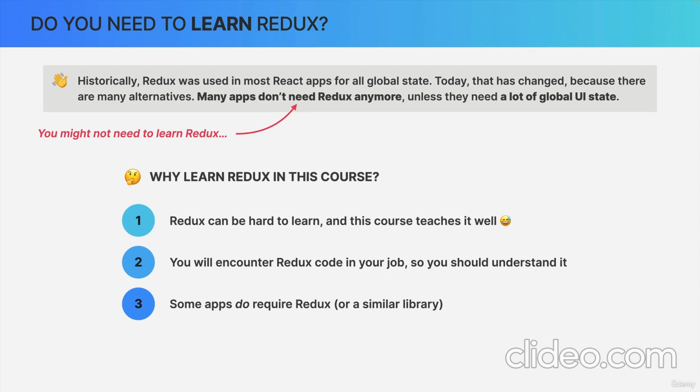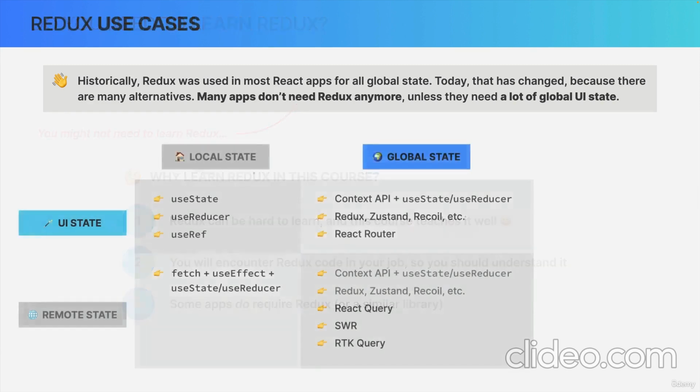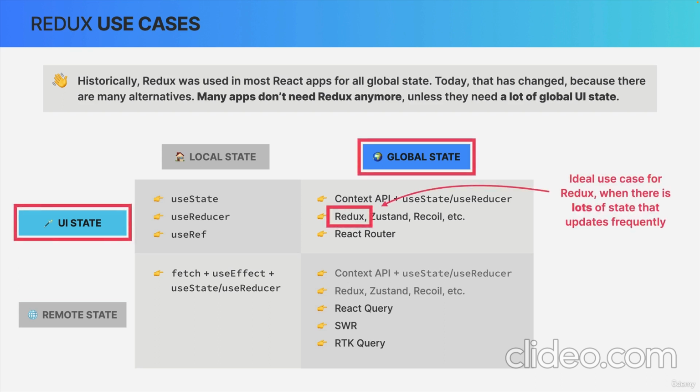And so let's take a look at when that is by bringing back this overview from a previous lecture. So my recommendation, and the recommendation of many experts, is to use a global state management library like Redux only when you have lots of global UI state that you need to update frequently. And remember that UI state basically means state that is not fetched from a server. That would be remote state. So UI state is simply data about the UI itself, or